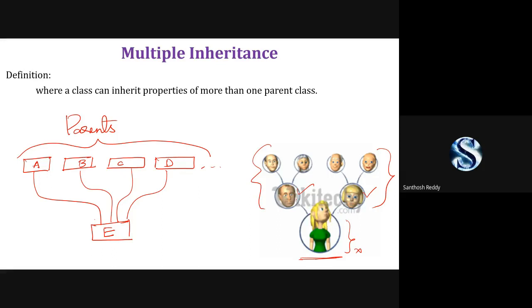When we have a parent at the right side and another parent at the left side, there is one method called sum in the right parent, and another method called sum in the left parent. Now, when I call the sum method for this child, from which parent it has to extract, we don't know. For this, there is an ambiguity here. Is it clear how multiple inheritance works and what ambiguity occurs in multiple inheritance?